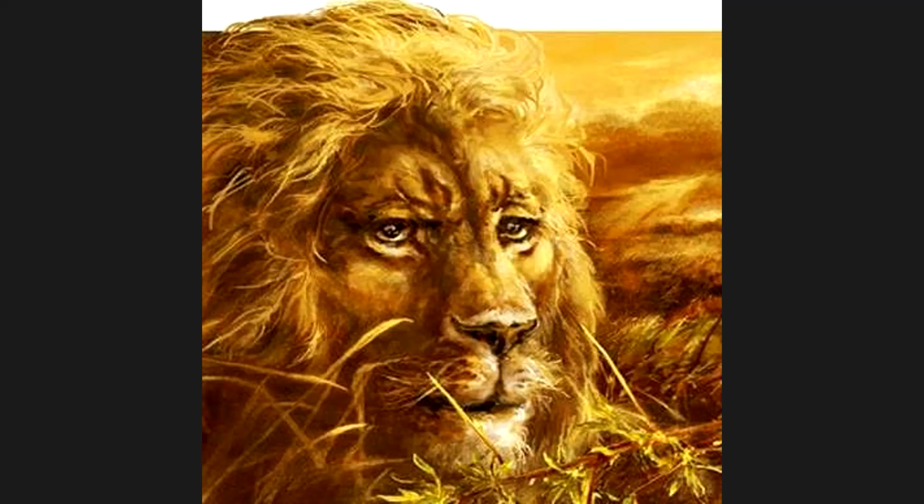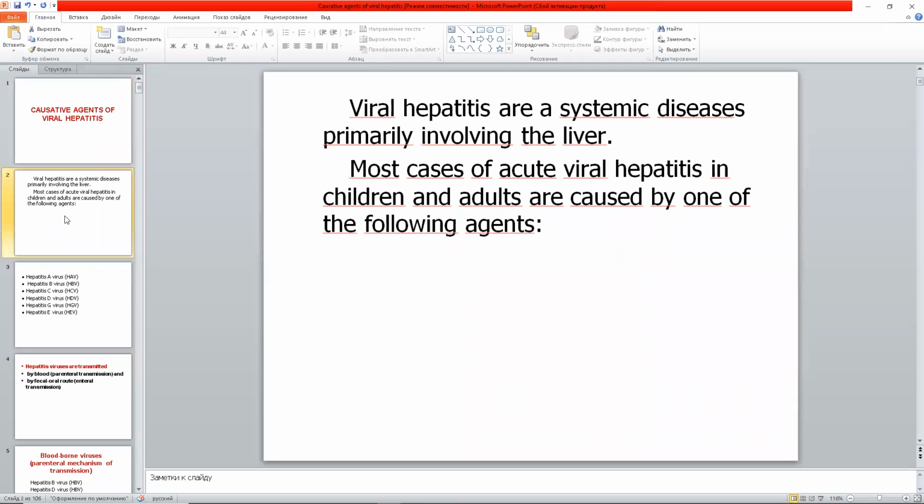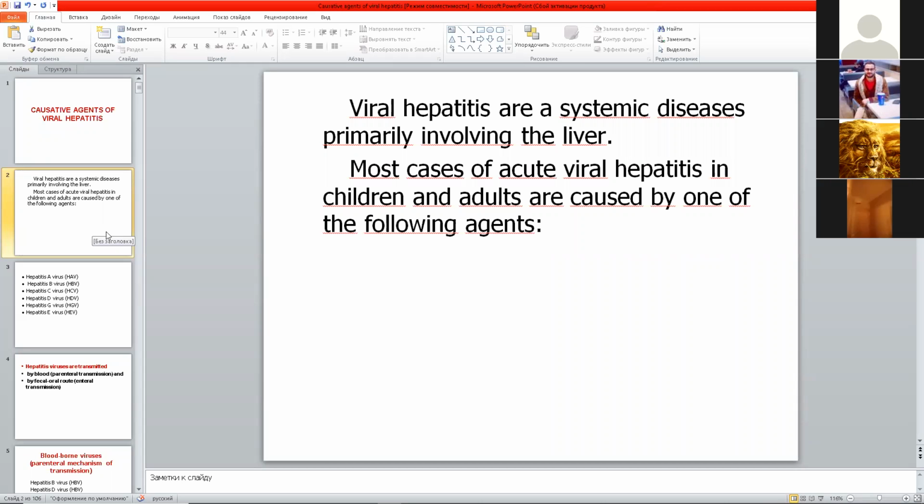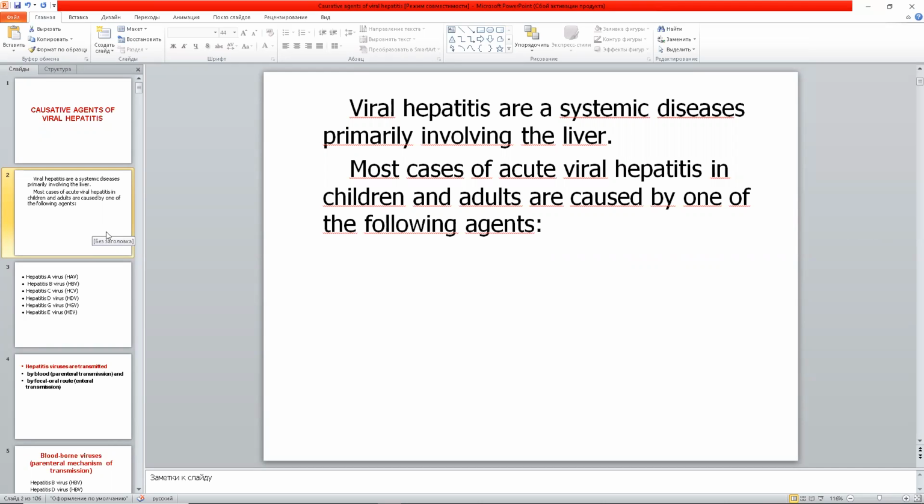So the topic of the lecture is causative agents of viral hepatitis. Viral hepatitis are systemic diseases primarily involving the liver. Most cases of acute viral hepatitis in children and in adults are caused by one of the following agents: